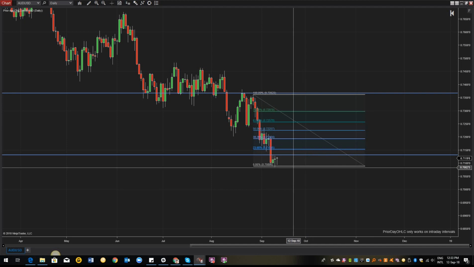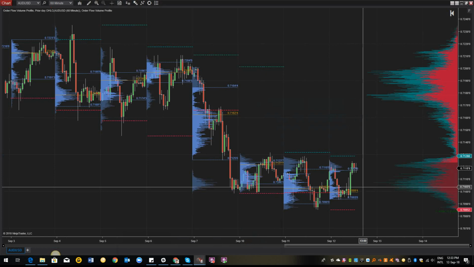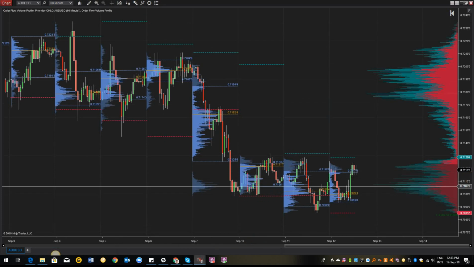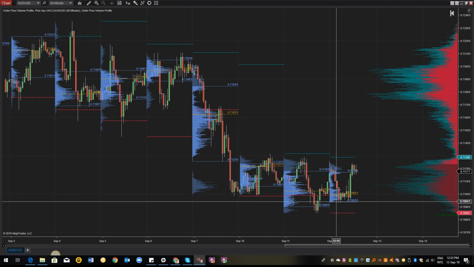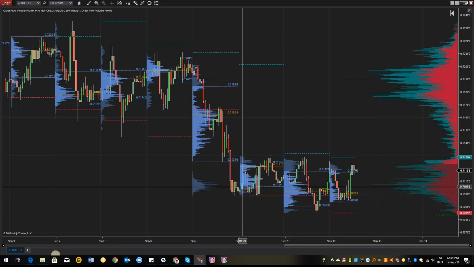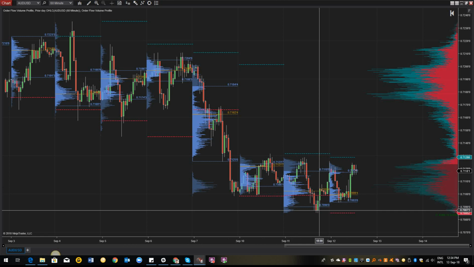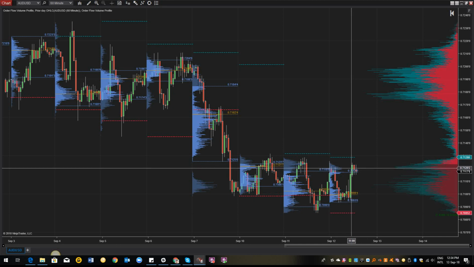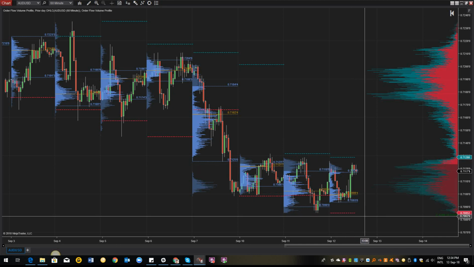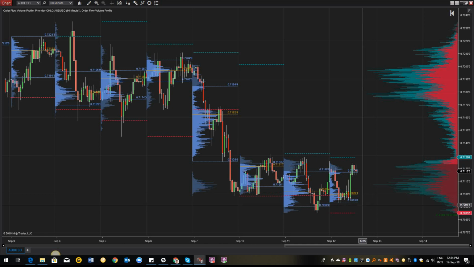So anyway, the way I want to get involved with this, if we just pop over to my profile chart, I'll be looking for three patterns. So we have a bottom here at the moment, and there was a little test here where it came down and it just tested and then rejected out of there. So pattern number one, and I'm on the hourly chart here, I'll be looking for this to test again,